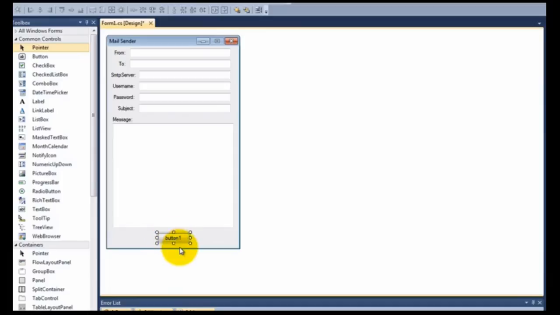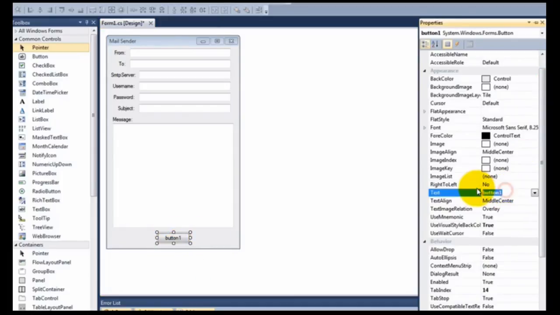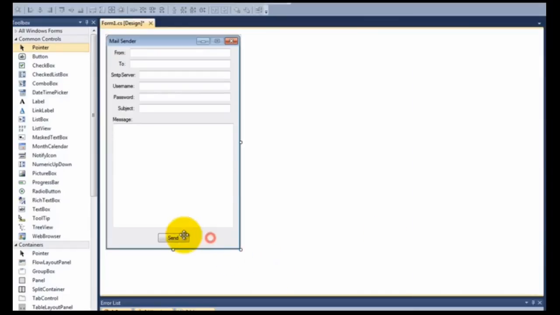Then in the toolbox, put a button in the form. Change the text property again into send.